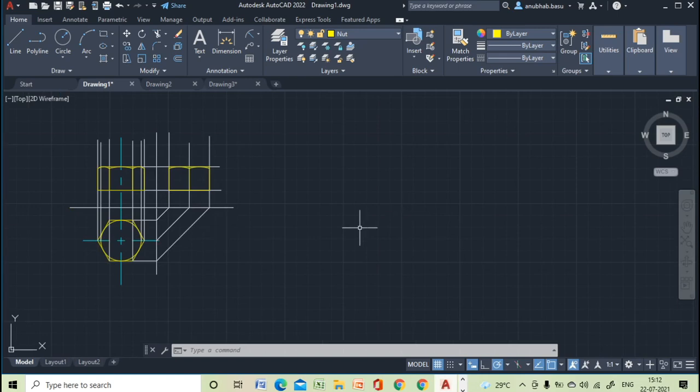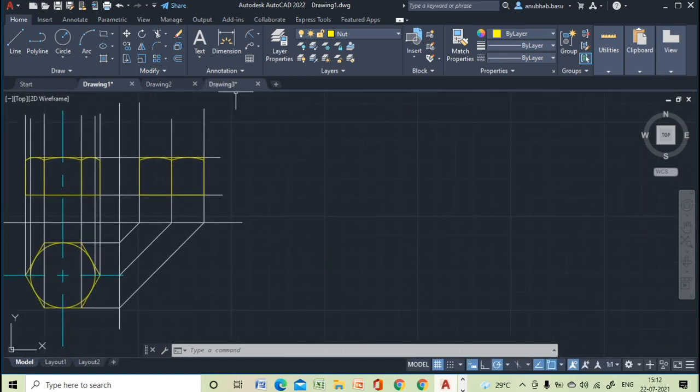Now if I draw a bolt which is having the same dimension, before drawing the bolt, as we can see the true shape of the head of the bolt in the side view, it will be better if we draw the side view of the bolt first.